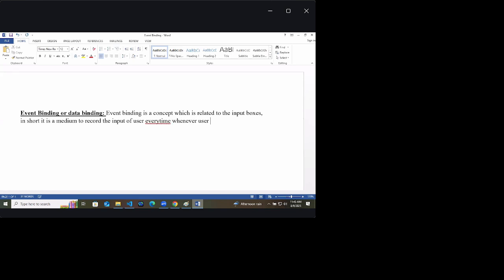Whenever the user is making any change in the input box, it is a medium to record everything.